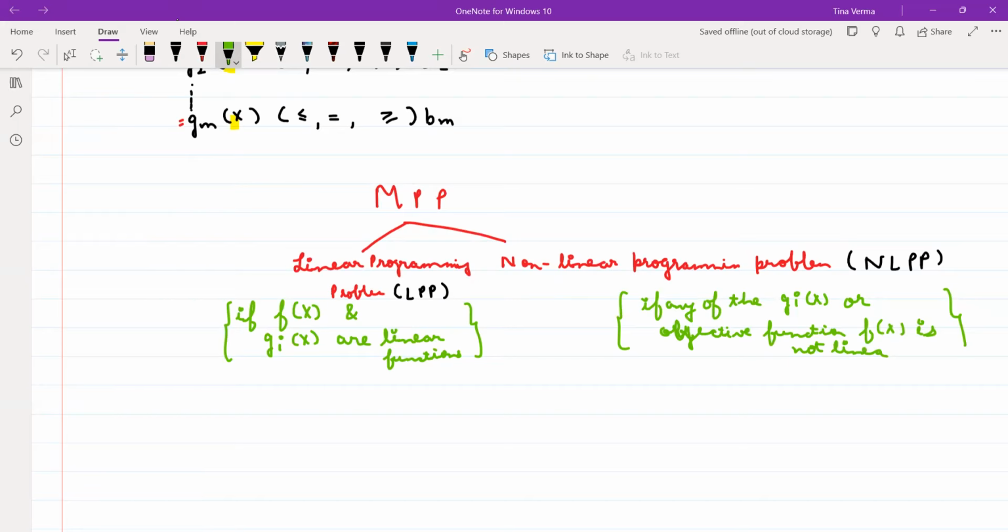Suppose I get some constraints with square terms, which are non-linear, and because of the square term there is a circle described within that square. So I will call it non-linear, because no boundary condition is being set by it. The constraint which you are taking, if one of them is non-linear, then you call that programming problem non-linear. You can remove that constraint, but you have to inscribe that circle in the square. That is also a constraint.